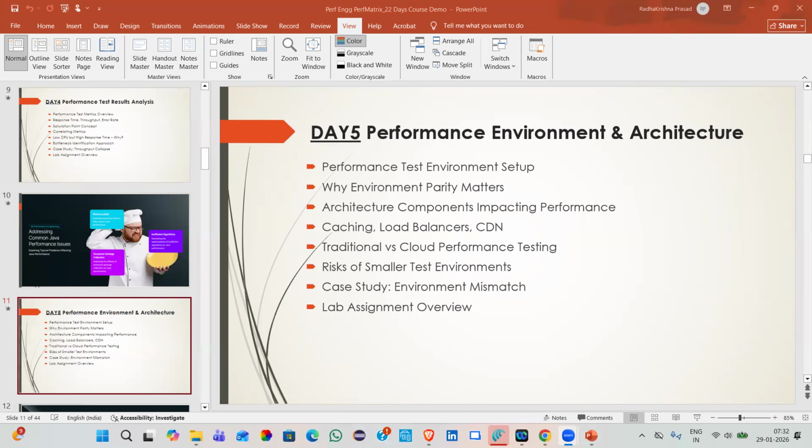Most performance testing assignments fail because of the performance environment that you are creating in the architecture. Because the tech stack and components that you use in the performance testing environment, most of them will go missing when you compare it with production. Like I said, go back and see the performance testing environment today. You'll not have DNS, CDN, load balancers, or caching enabled,